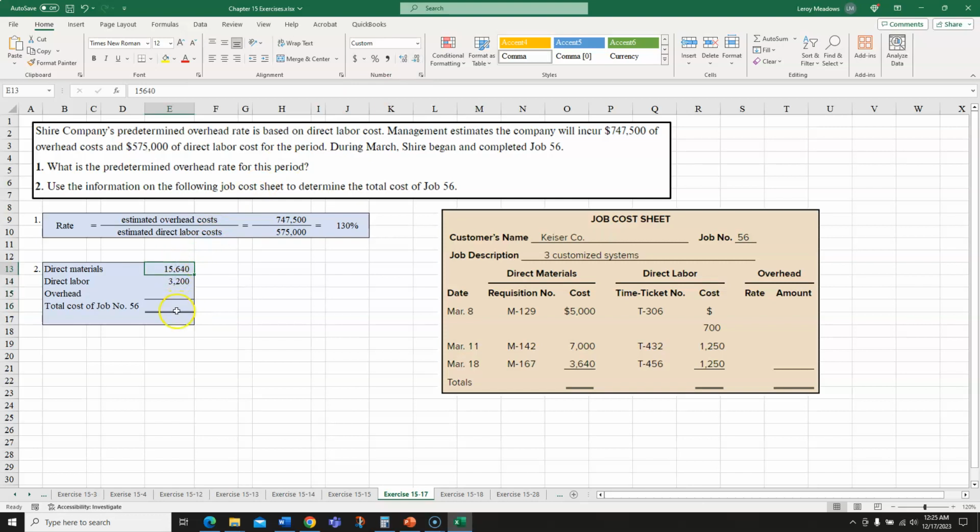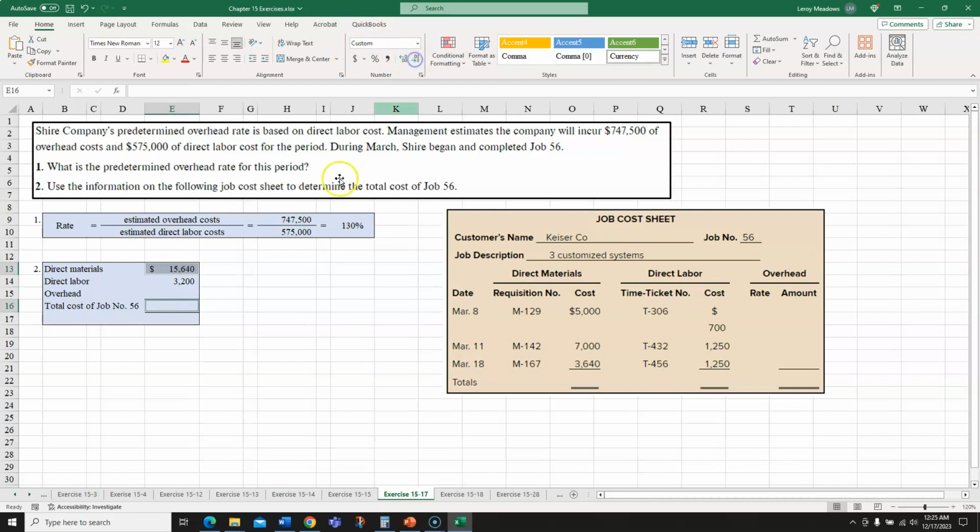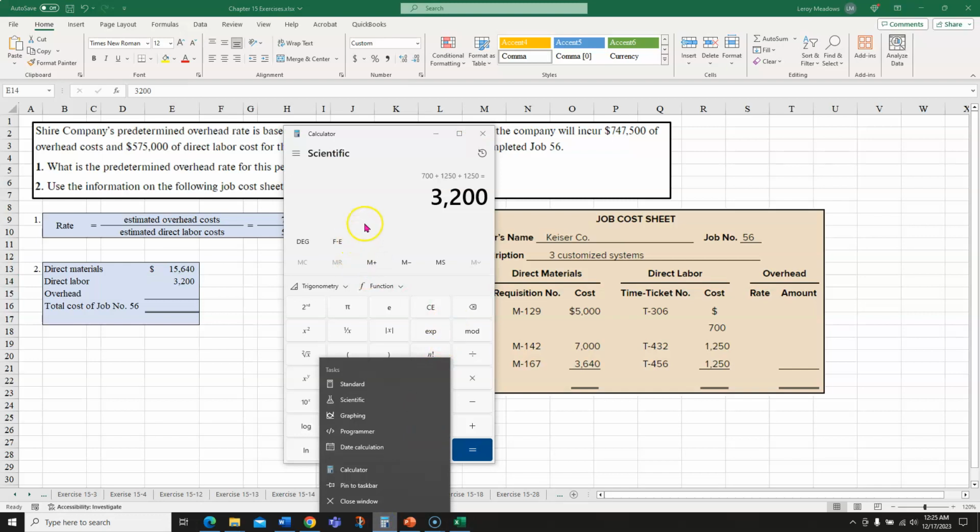And let me format this appropriately real quick. Now overhead. So I'm going to take this $3,200 and multiply that by 130%, or 1.3. So $3,200 times